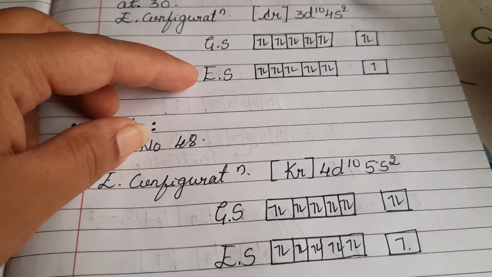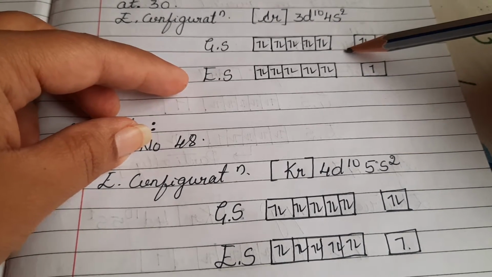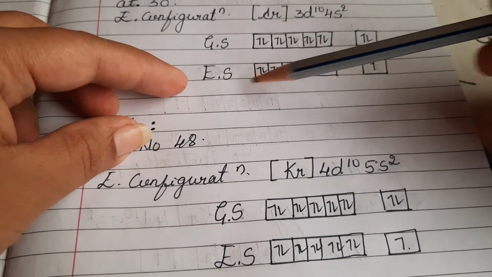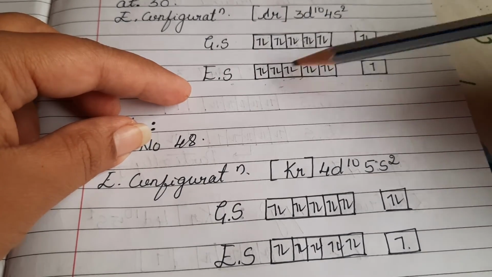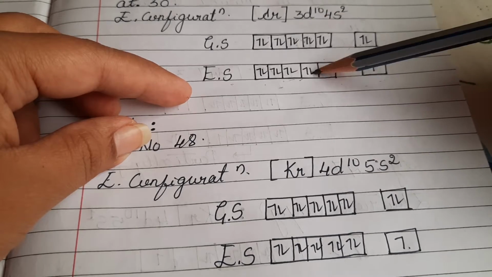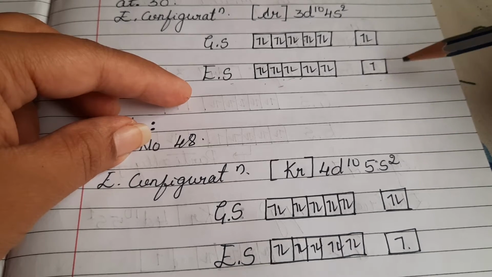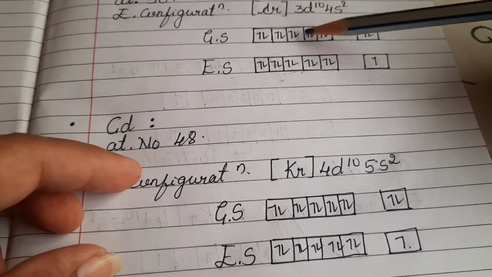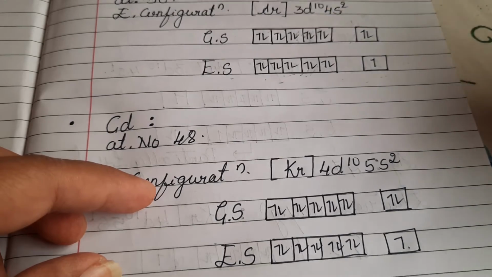So for this state, that is the ground state of zinc, we are going to provide a certain amount of energy. We know when energy is provided, the electrons will shift to the excited state. This excited state can also be called the oxidation state. In the oxidation state, the electrons which are filled in the d orbital remain the same. Only one of the electrons of the s orbital is going to shift to a higher energy state. So as we have seen, in the ground state as well as in the excited state, all the electrons of the d orbitals are completely filled.